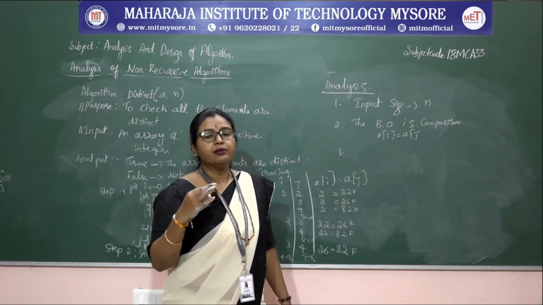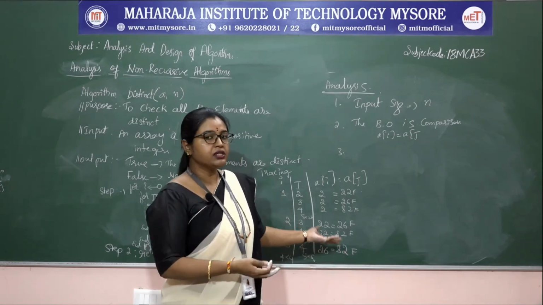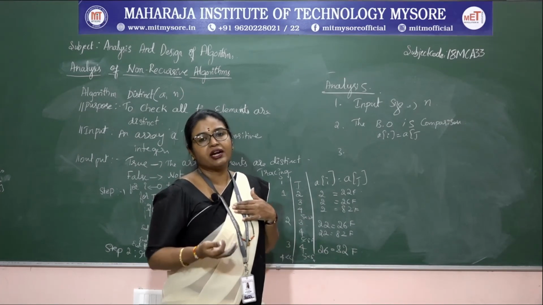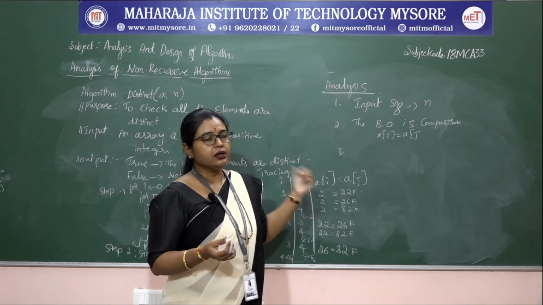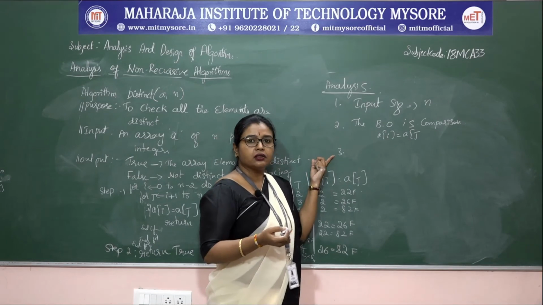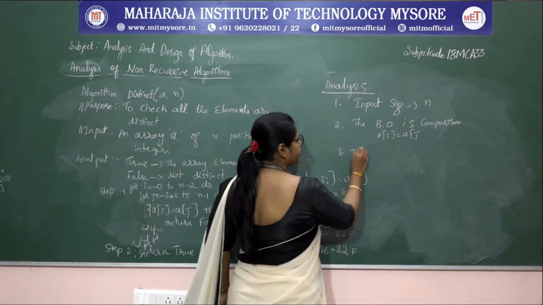If the given elements are not distinct, by that time it is based on what? Obviously here it is returning false, but that is not the output I want. So based on the problem statement I am going to do the analysis. So based on that, the third step is all the elements,